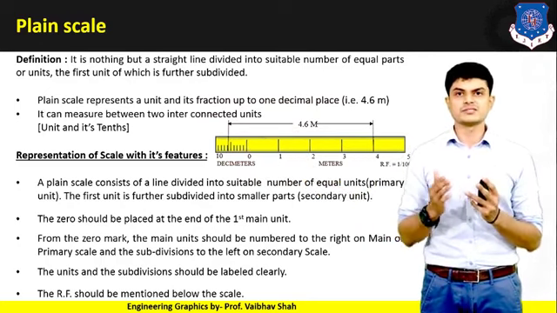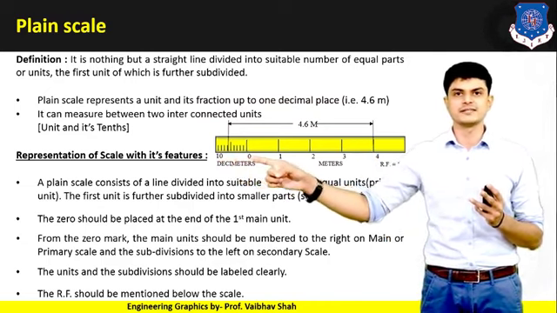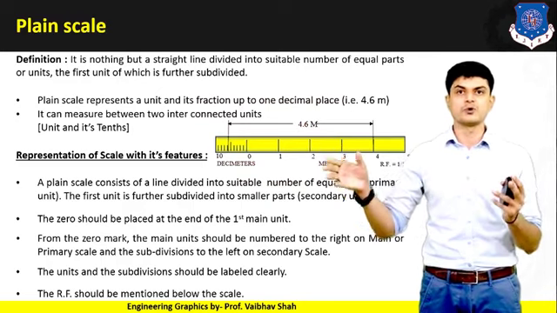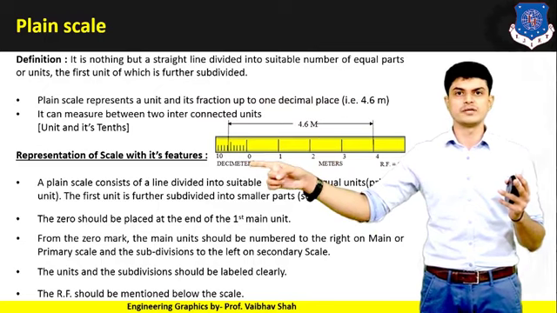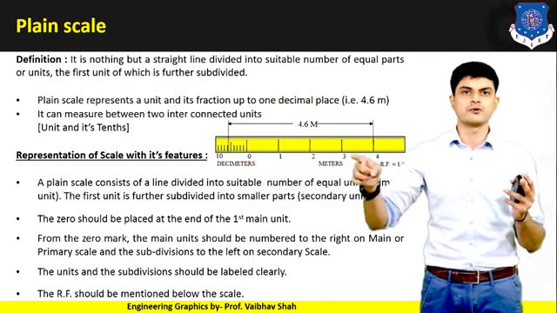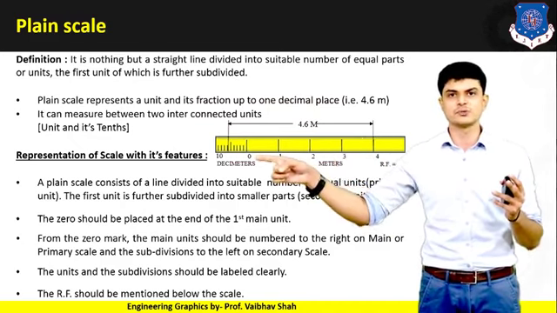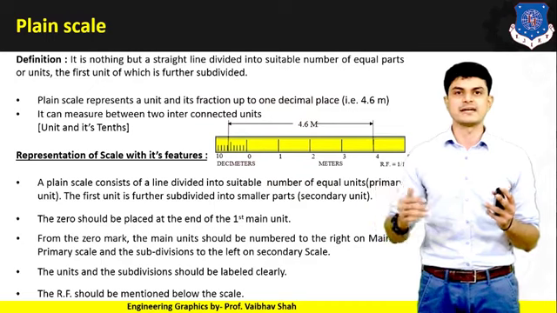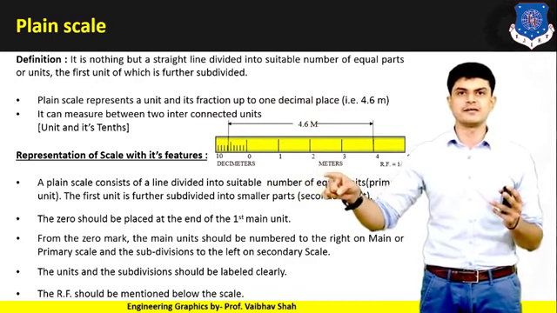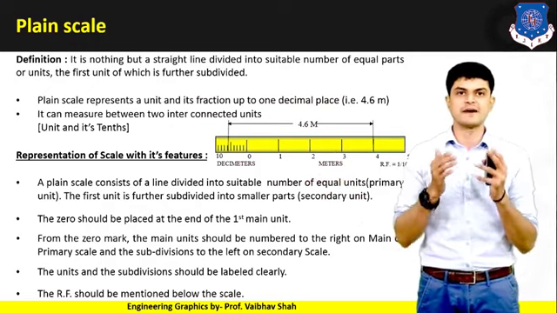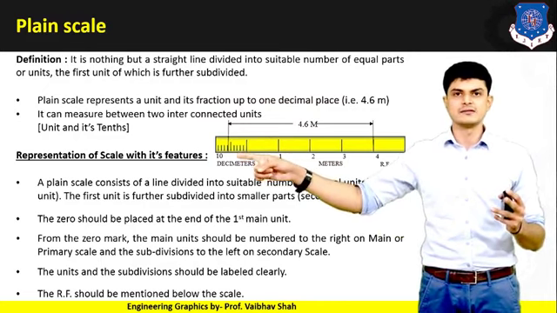Now, we should start 0 after the end of your first division. This is the start of the first division and this is the end of the first division, and we have put 0 for the main scale. We will write down 0, 1, 2, 3, 4 on the main scale on the right hand side. On the left hand side, we will start from 0 also: 0, 5, 10. On the right hand side, you can see there are meters specified here. That means this is a scale which is also known as your primary scale or main scale, and this is known as your secondary scale.